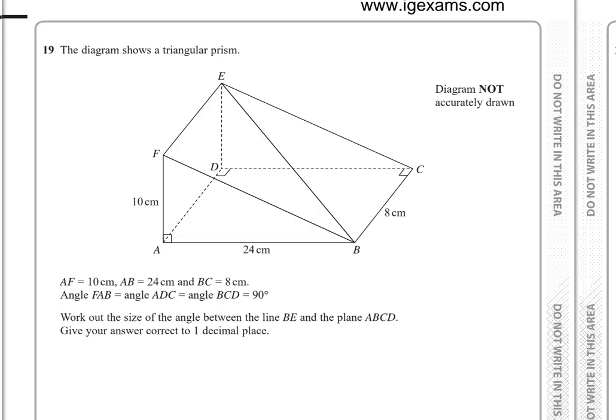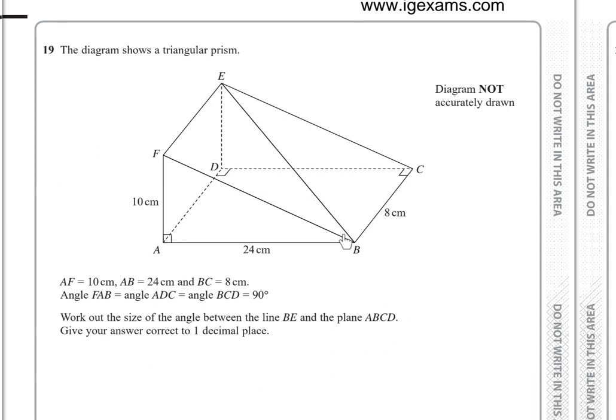Number 19. The diagram shows a triangular prism. AF equals 10 cm, AB equals 24 cm, BC equals 8 cm, angle FAB equals angle ADC equals angle BCD equals 90. Work out the size of the angle between BE and the plane ABCD. To find the angle between a line and the plane,